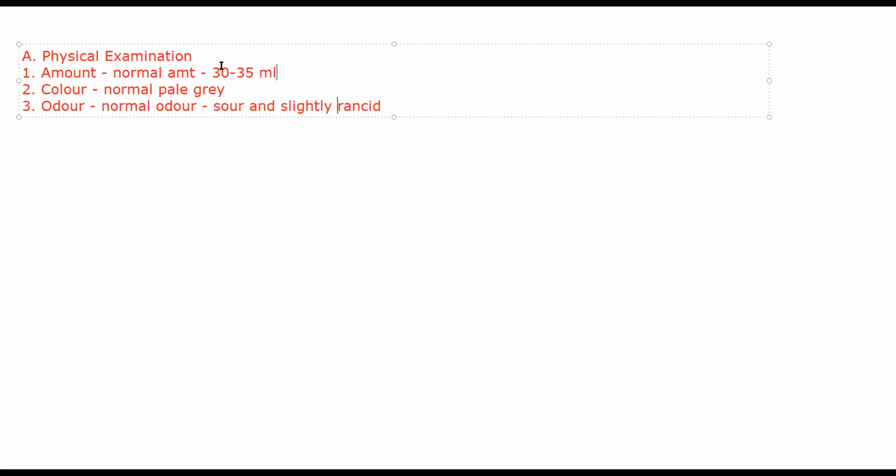Then pH. Normal pH of your gastric content should be around 1.6 to 1.8. It varies in case of a problem, disease. Then coming to mucus. Normally a little bit of mucus is fine. Small quantity of mucus should be present, but if excessive mucus is present, then that generally indicates that the patient is having some inflammatory problem. They might be having chronic gastritis, or they might be having a pyloric obstruction.